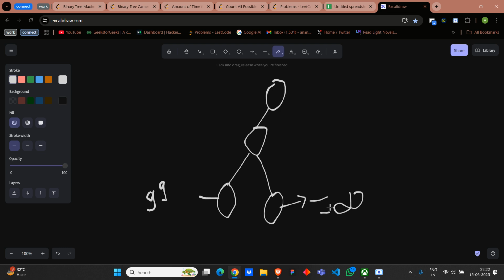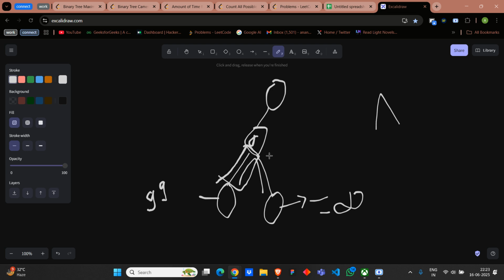And this is 0. If I take this sum, it will be stored in temp sum, the val sum that I have created. And if I go and ask the sum,